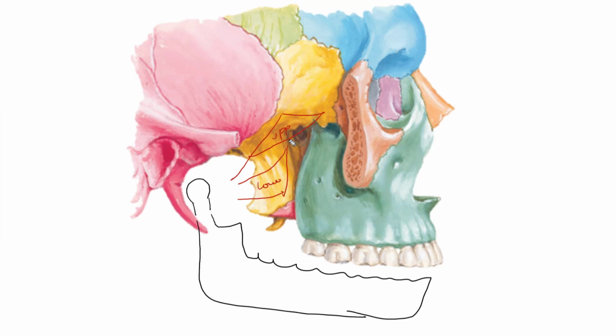Both the heads will join together and form a common tendon. That common tendon will get inserted into the neck of the mandible. There is a depression in the neck of the mandible, called the pterygoid fovea. So the pterygoid fovea is located in the neck of the mandible, where the tendon of the lateral pterygoid muscle is inserted. Okay, the actions of the lateral pterygoid we have already discussed in the video.